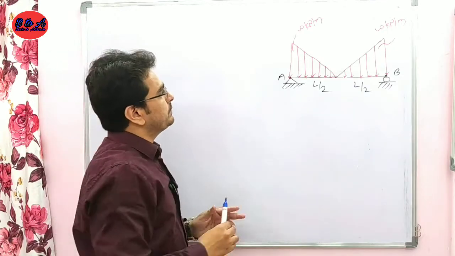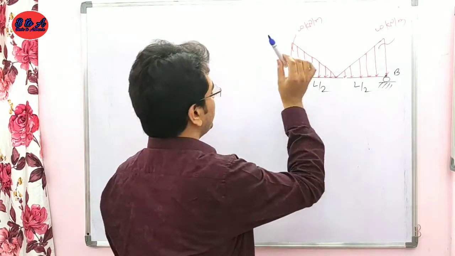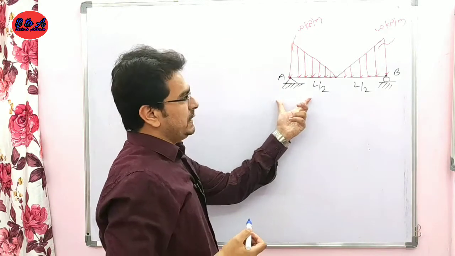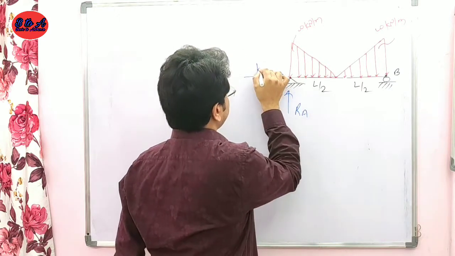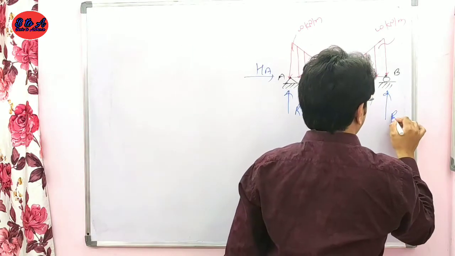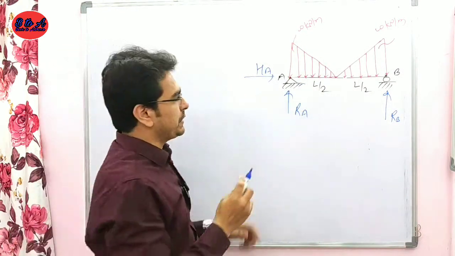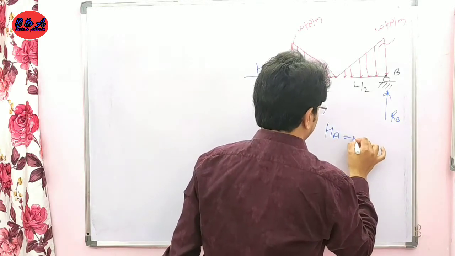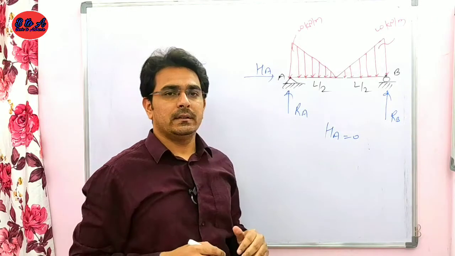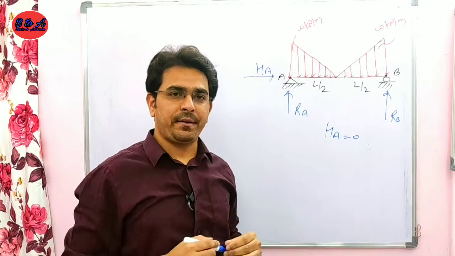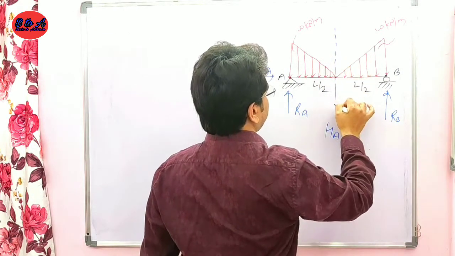इस न्यूमेरिकल को देखते हैं. दिस इज अ सिंपली सपोर्टेड बीम सब्जेक्टेड टू द UVL, दैट इज द यूनिफॉर्मली डिस्ट्रीब्यूटेड लोड. आई वांट टू कैलकुलेट द रिएक्शन एट द हिंज एंड द रोलर. तो हिंज पर जो रिएक्शन आने वाली है दैट इज द RA वर्टिकल एंड द HA हॉरिजॉन्टल. Roller पर RB vertical. Now this load is acting in the vertical direction. It means the value of HA is equal to 0. बिकॉज देयर इज नो हॉरिजॉन्टल लोड। अब RA और RB की कैलकुलेशन को देखते हैं। नाउ लेट्स चेक वेदर दिस लोड इज सिमेट्रिकली डिस्ट्रीब्यूटेड और नॉट। So I am cutting this section at this point.